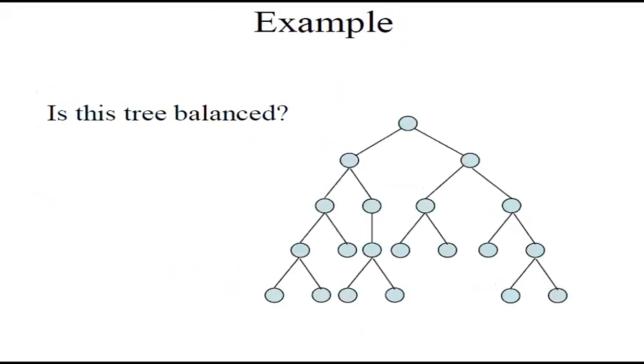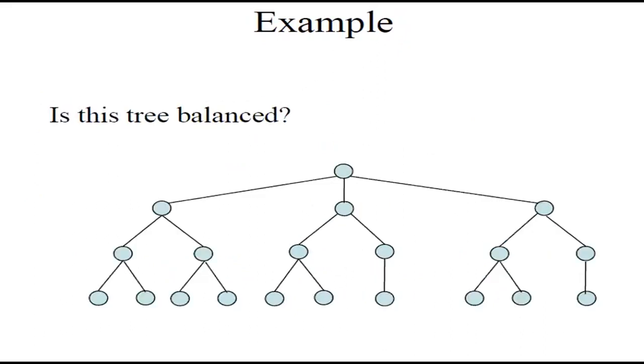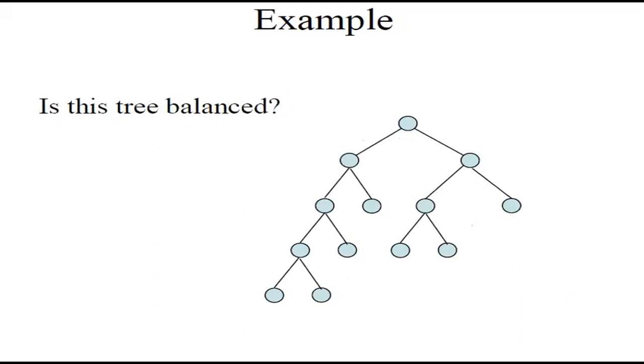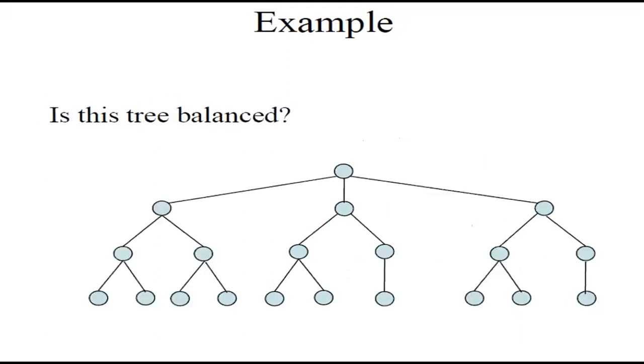Now we have to check whether the tree is balanced or not. Let's see, here we have the tree. In this case, let's check for this tree being balanced. Here, for this internal node we have only one child, and it does not have another right child, so this is not balanced. Now you can verify similarly for these trees also.